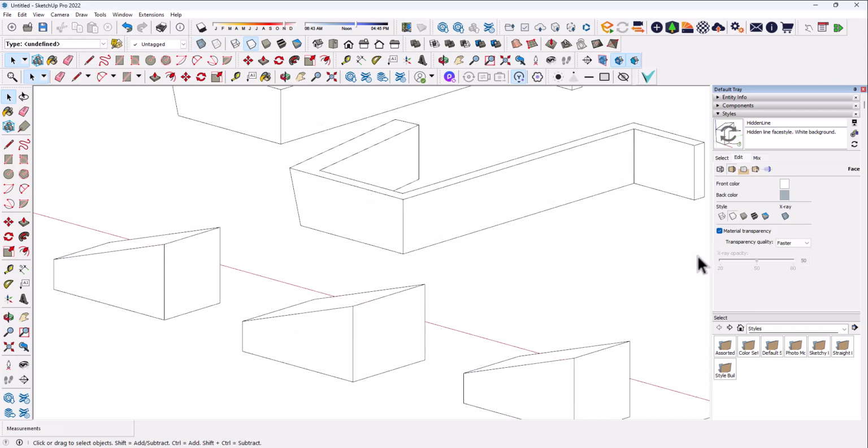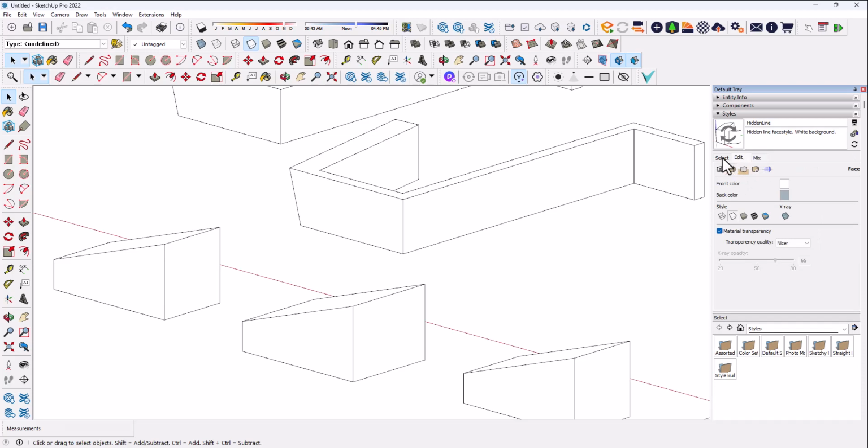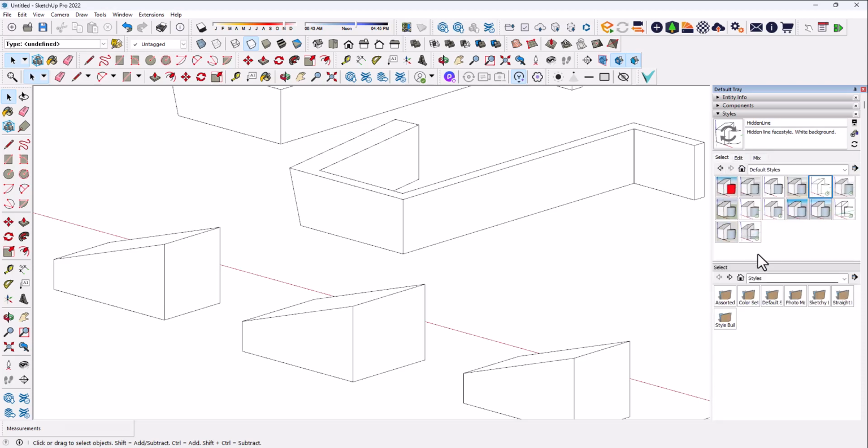Turn off X-ray. And you can set the quality of the transparency here to faster or nicer. So there's a lot of things that you can do to edit these scenes to make them graphically what you're looking for. So that is styles, and you can make them, save them,